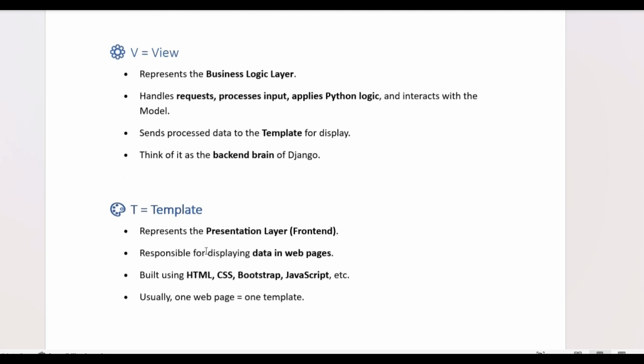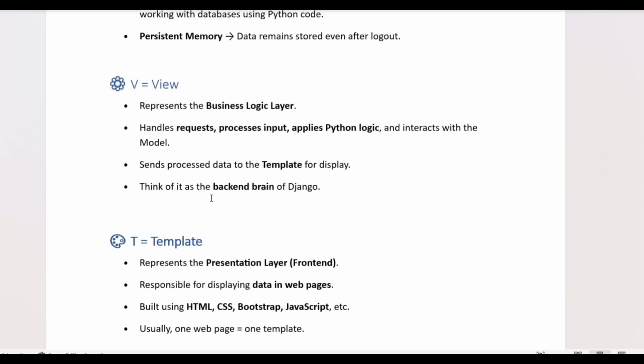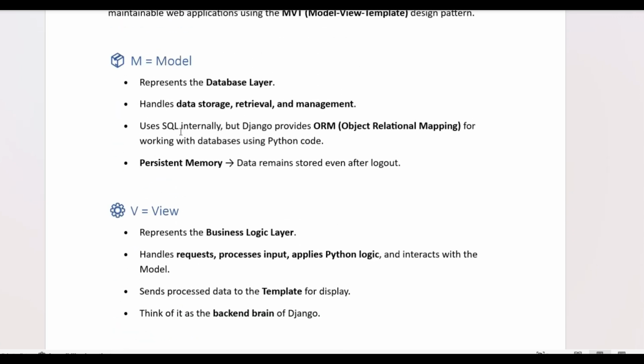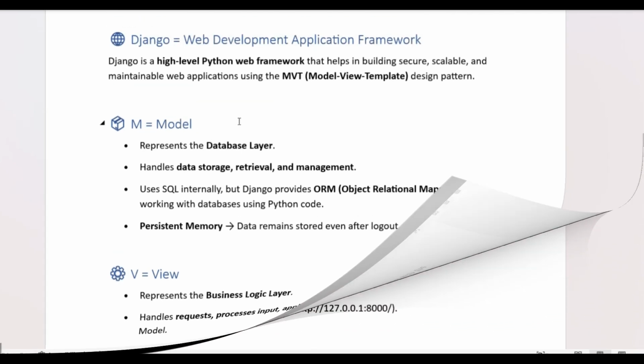So this is the meaning. In template, HTML, CSS, Bootstrap and JavaScript will be the essence. A view means Python logic, the backend, and M for model, that is the database. So these three things are combined, making a full stack.